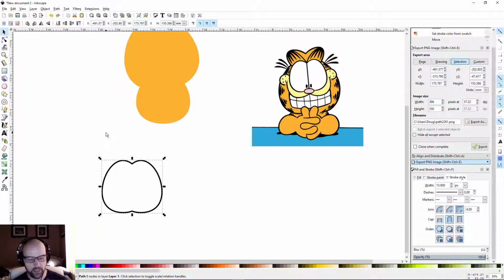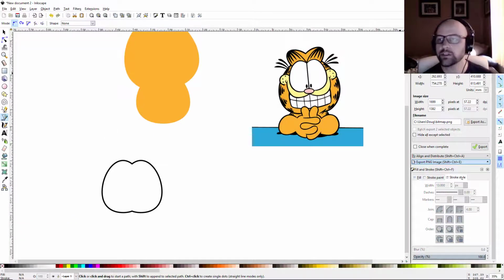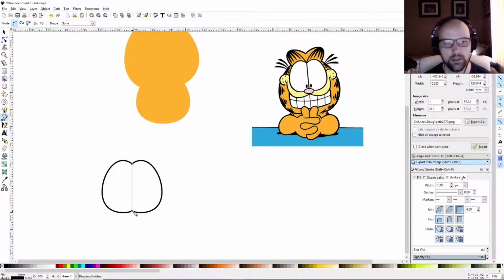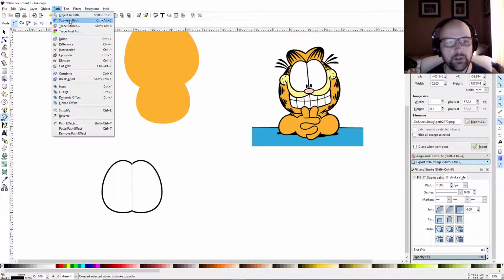So let me grab my Bezier pen by hitting B on the keyboard. And now I want to make sure I still have snapping enabled. And now I should be able to click on this spot right here, which is the cusp node where these two objects meet. I'm going to hold control, click, and then drag this down so it goes onto this bottom cusp node. I want to click and then hit enter on the keyboard, and now I want to turn that stroke into a path by going to path, stroke to path,